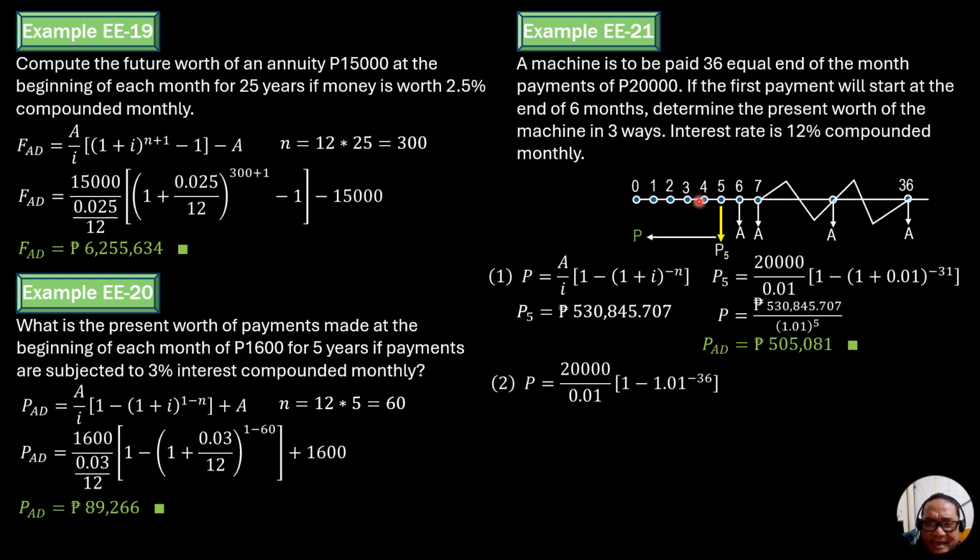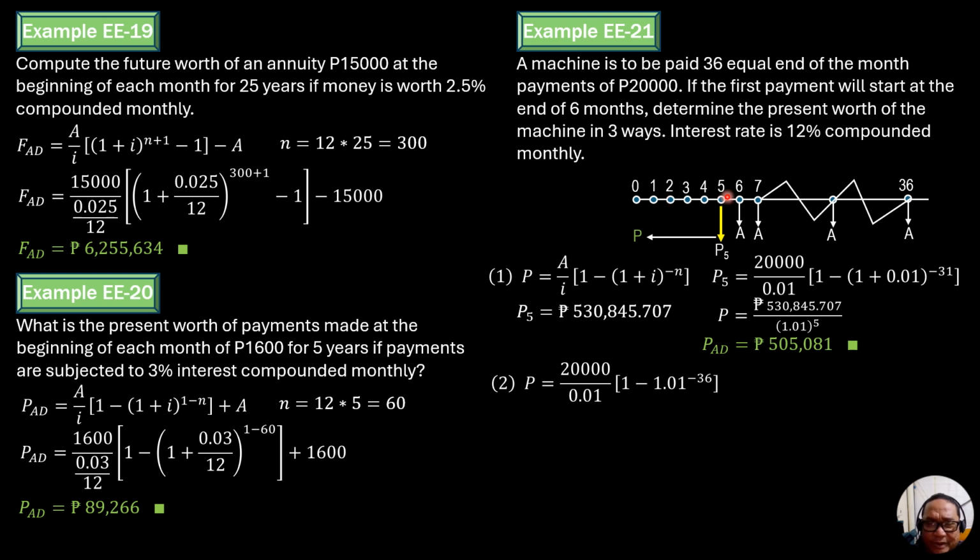So meaning I fill in this vacant part of the periods. There will be A here, so that makes it 31 all in all. Then we should subtract the present worth, because we have to fill this in also to neutralize the payments here. And there are 5 equal payments only.